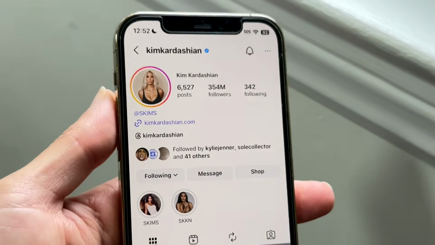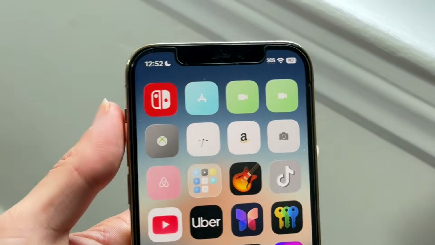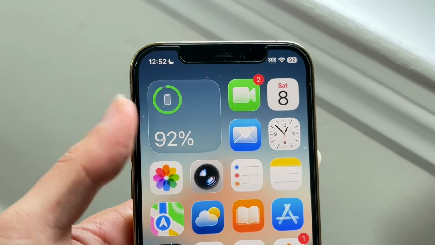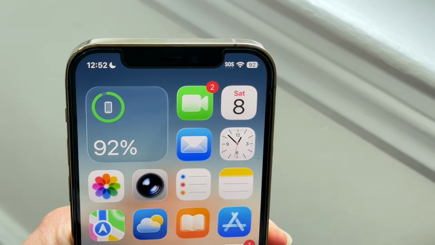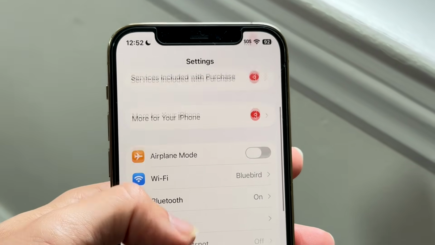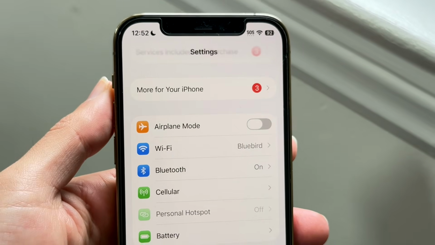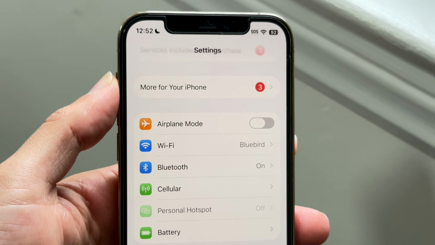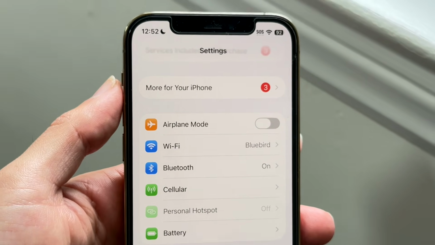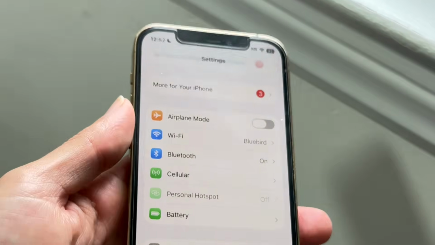Wi-Fi or internet connection. So the next thing I'd recommend doing is to go through and just double check that connection. So you can do this by going into your settings application. So open up settings. And then what you're going to want to do is basically go over until you find your Wi-Fi connection or Bluetooth connection or cell connections, and just make sure you're properly connected to some sort of connection. Because if you're not, well, that's probably going to be another reason why that Instagram follow button just isn't